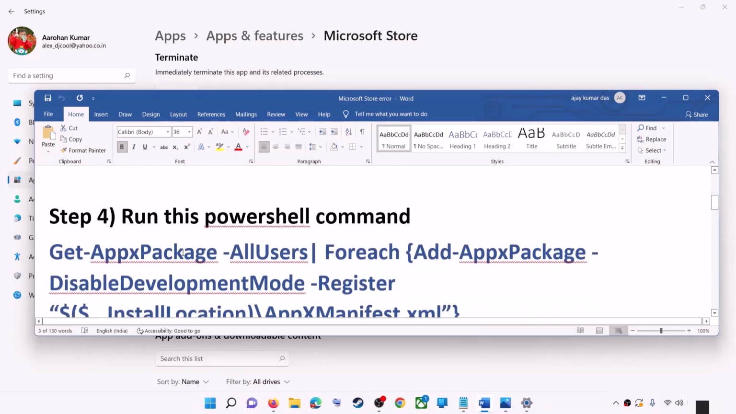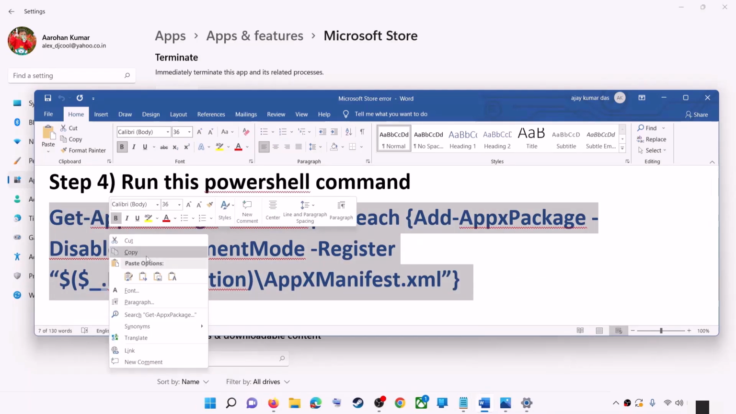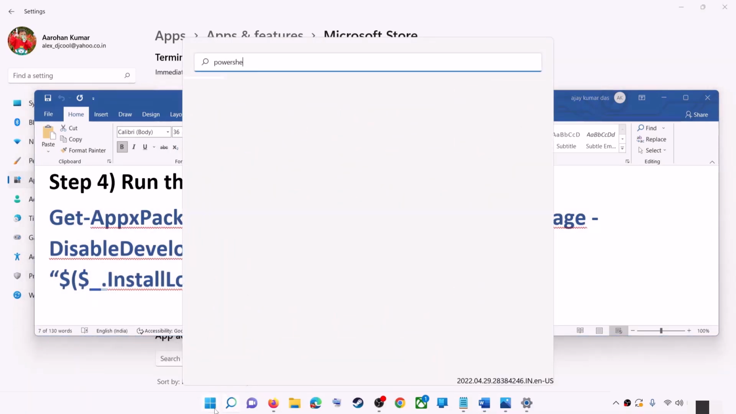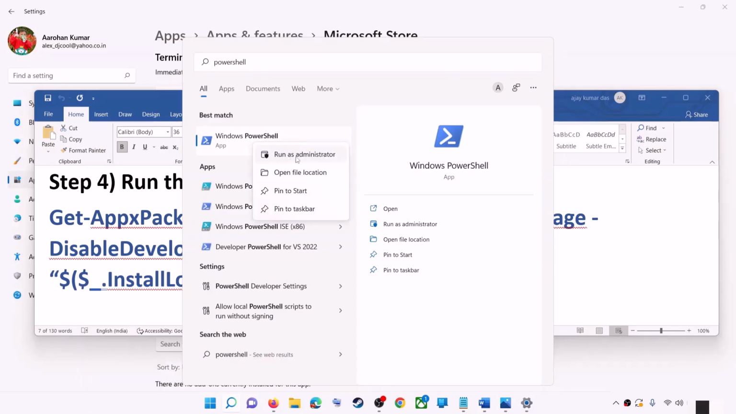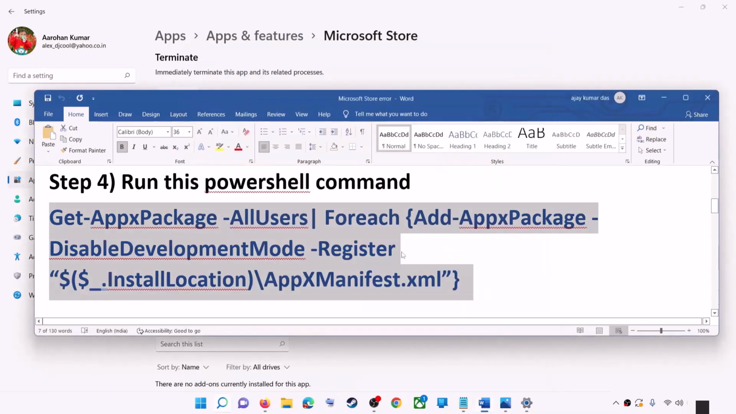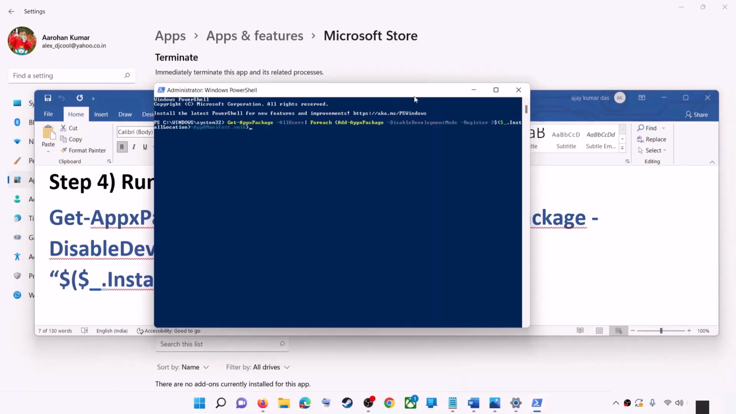But if you're still receiving the error message, then run this command. This command is provided in the video description, so copy it. Now type in PowerShell in Windows search box and then make a right click on Windows PowerShell and then click on run as administrator. Make sure that you're opening PowerShell as an administrator. Click on yes to allow. Now paste the command over here, hit the enter key